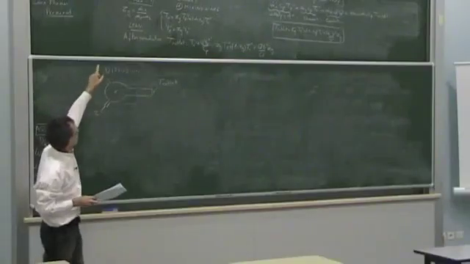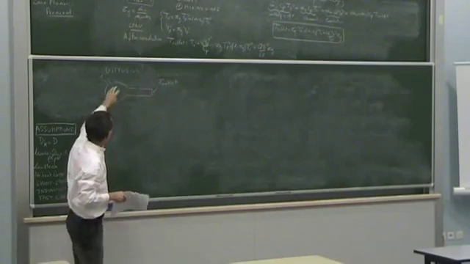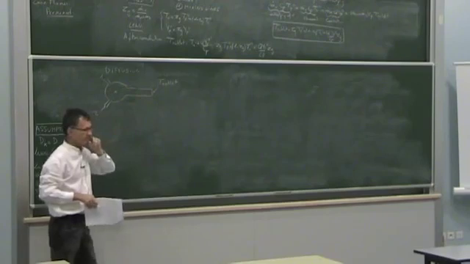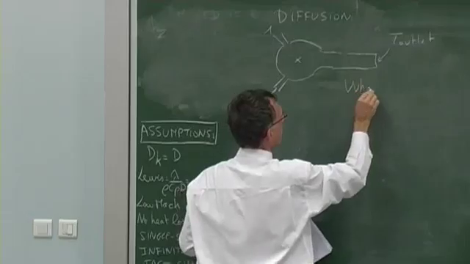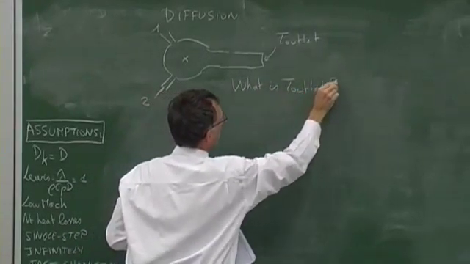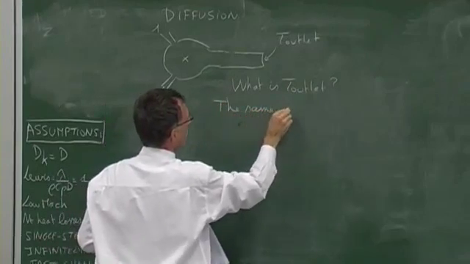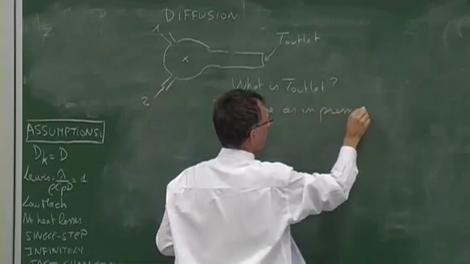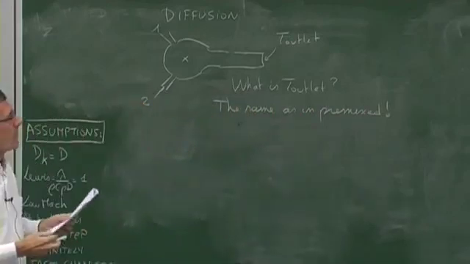So you see the difference. Up there, I am mixing first, then I'm burning. Here, I will mix and burn at the same time, and I will look at the outlet temperature. So what is T outlet? Well, it's the same as in premixed mode. Well, why is it so? Because the balance is the same.